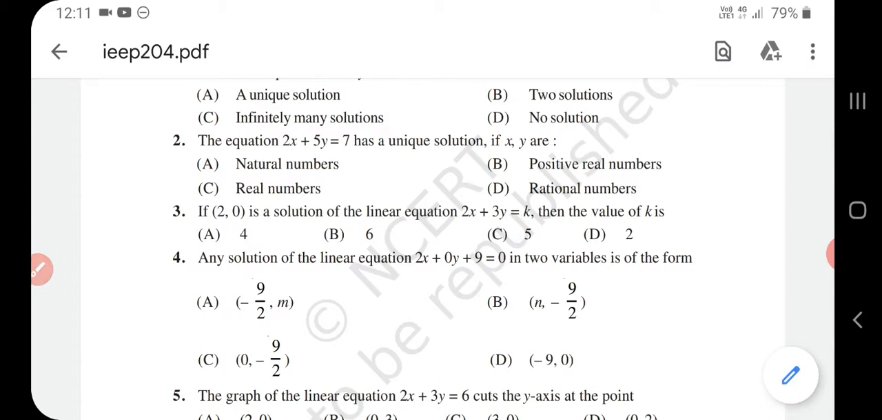Now see question number 4. Any solution of the linear equation 2x + 0y + 9 = 0 in two variables is of the form